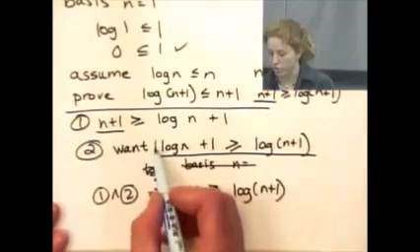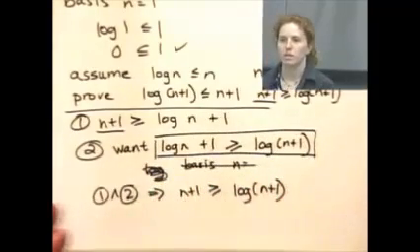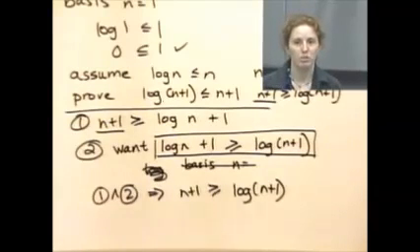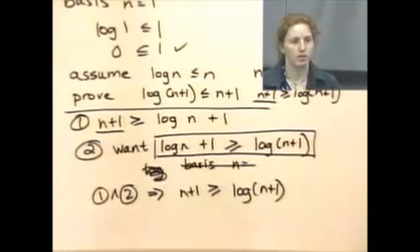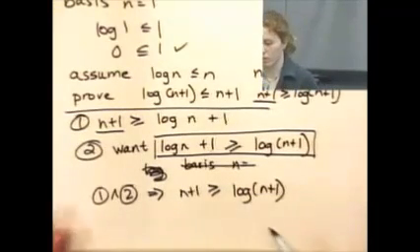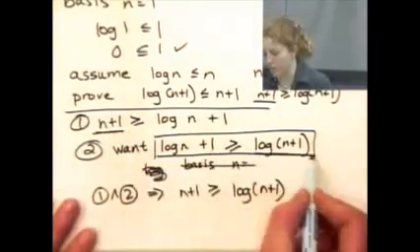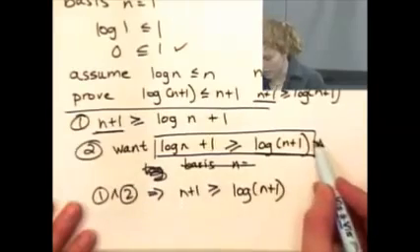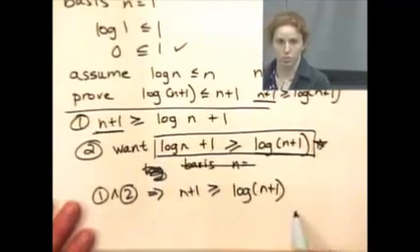That's why I wanted this thing in the first place. Because that's what I was trying to prove. I didn't care whether n plus 1 was bigger than log of n plus 1. I didn't care about that. I just got it from the assumed statement. What I cared about was this first thing being bigger than the last thing. So all you have to do is go over and do a side proof of this thing,